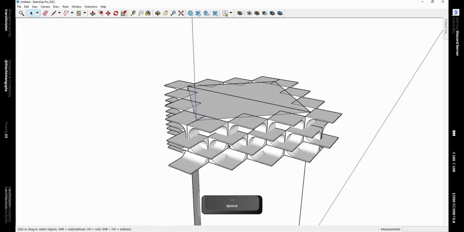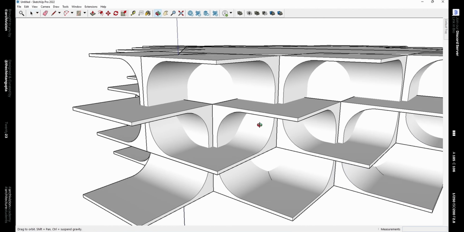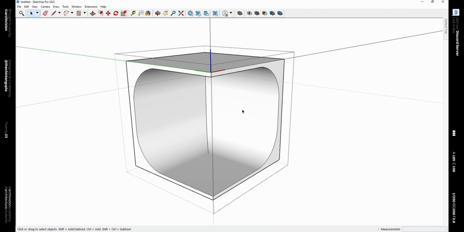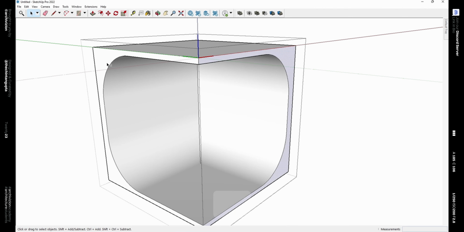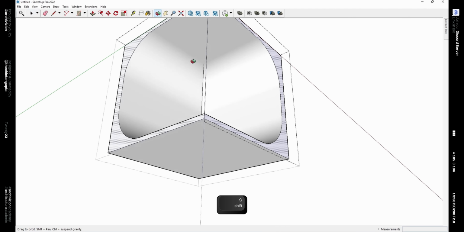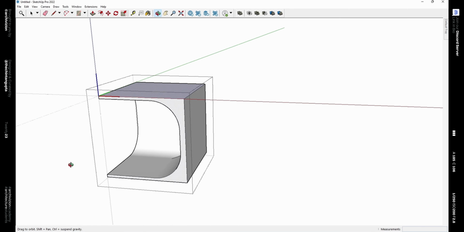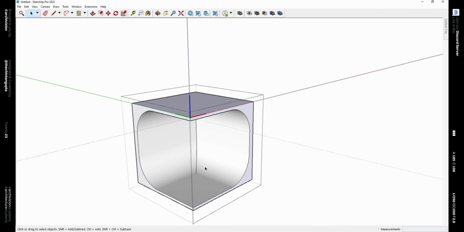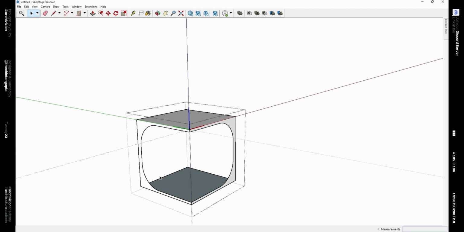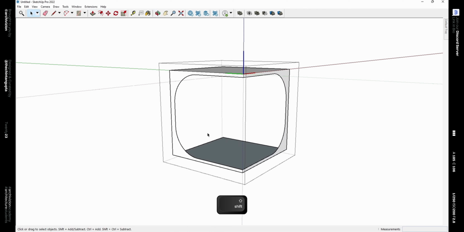Now to further edit the first component, double click on any instance, select these faces, top one and the bottom one, and then make them a group. Control plus G, and select everything using Control A, and then deselect the group that we made earlier and hit delete. After that, you will be left with this.